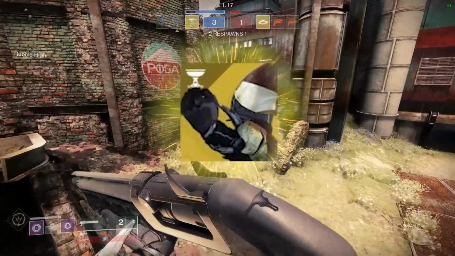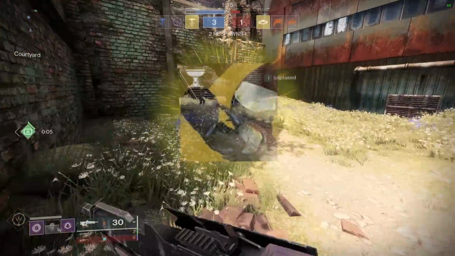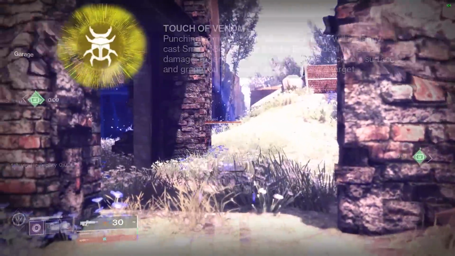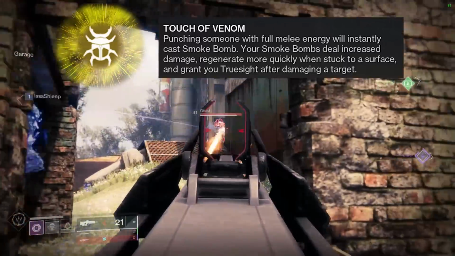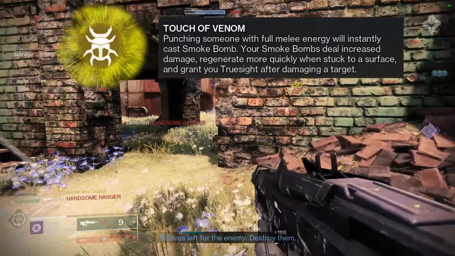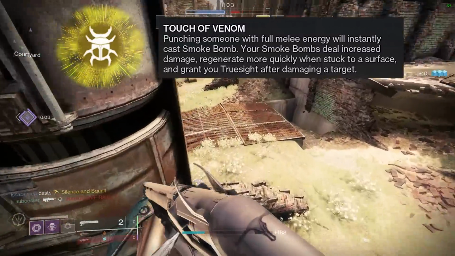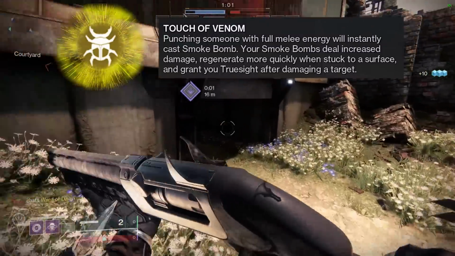Lo and behold, the Khepri Sting exotic gauntlets. Khepri Sting possesses the exotic trait Touch of Venom, which states, punching someone with full melee energy will instantly cast Smoke Bomb. Your Smoke Bombs deal increased damage, regenerate more quickly when stuck to a surface, and grant true sight after damaging